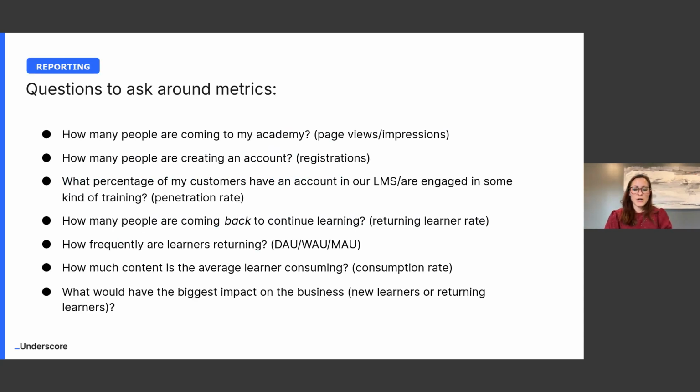But the last thing I want to talk about, so we've talked about how do you market and promote your program? How do you drive returning learners? How do you collaborate with your marketing team? What could that look like? But then also, there could be a lot of options, right? There are a lot of options. So how do you prioritize what to do?